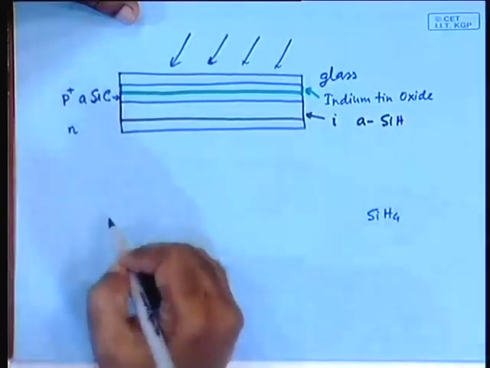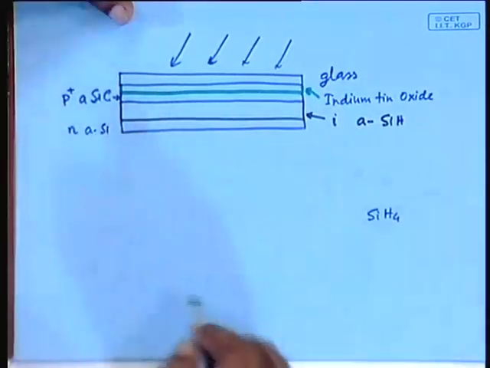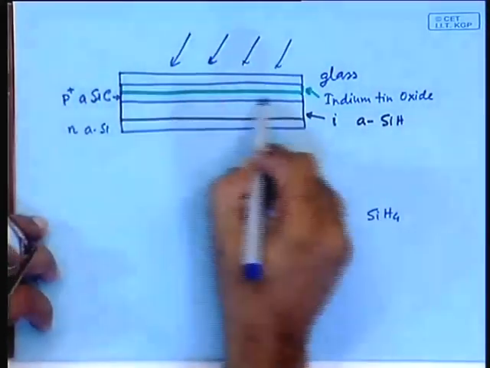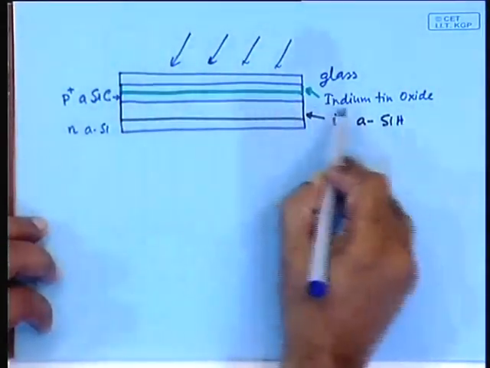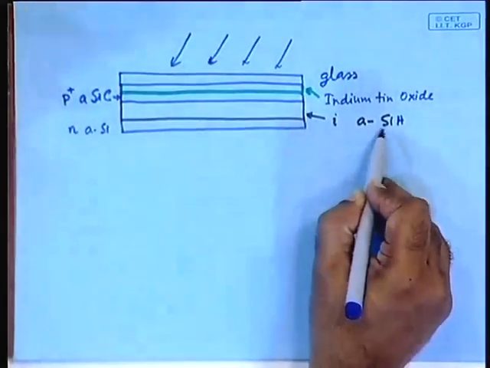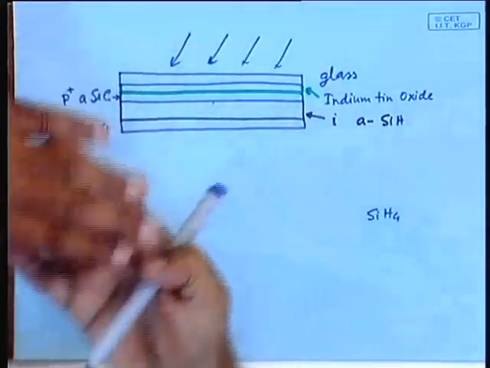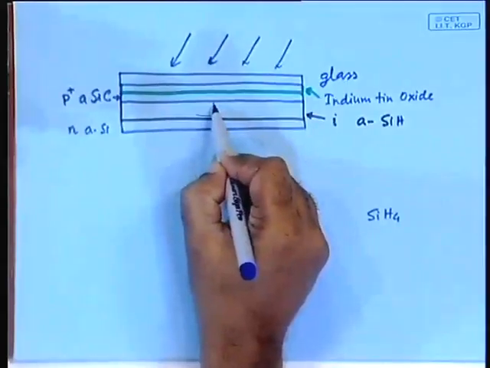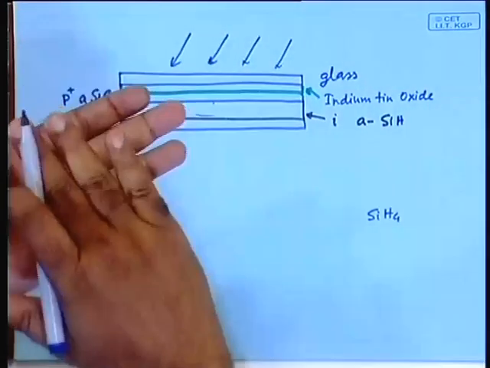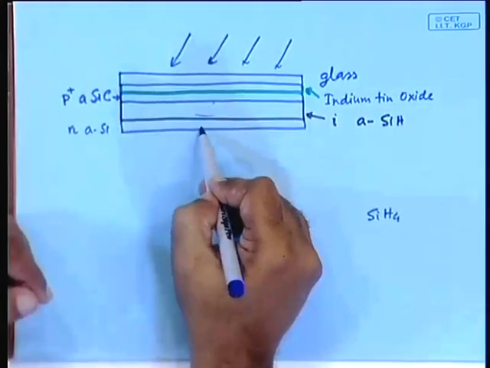This is the N layer of amorphous silicon. So, you see here is a P layer, here is the N layer, and here is a thin amorphous silicon layer, silicon hydrogen layer. What happens is that in this layer you have got an electrical potential. So, actually the light goes into this layer, and because it experiences electrical potential, that is why the charge separation takes place, which goes to here and here.